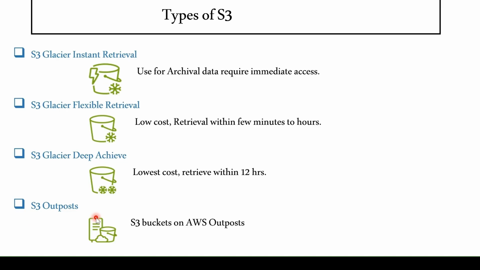Now we have, at the end, S3 Outposts. AWS Outposts is a facility or functionality of AWS where it provides all its services to your own premises, but the services are managed by AWS. So there is no need to go to the cloud. If you are using AWS Outposts and you are using S3 with that, then S3 Outposts is what you should choose. So these are the different options or storage classes of S3. I hope you are able to understand this and can choose appropriately.